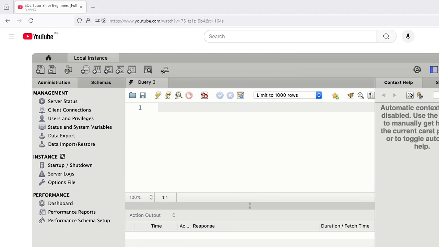In this tutorial, I'm going to show you how to create the databases for this course. So here I've got MySQL Workbench open. Let me quickly give you an overview of this interface because the first time you open it, it might appear a little bit intimidating, but actually it's not that difficult. So here on the top, we've got this toolbar with these buttons for creating a new tab for writing SQL code, as well as opening a SQL file. And next to that, we've got a bunch of buttons for creating a database, creating new tables, and so on. On the left side, we've got